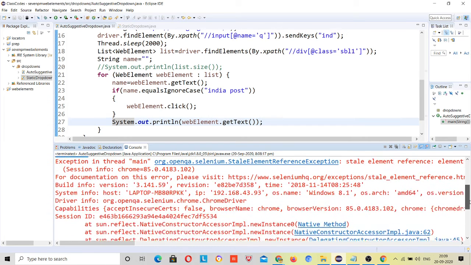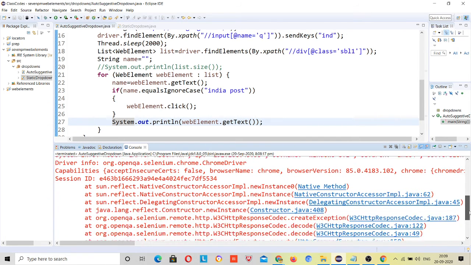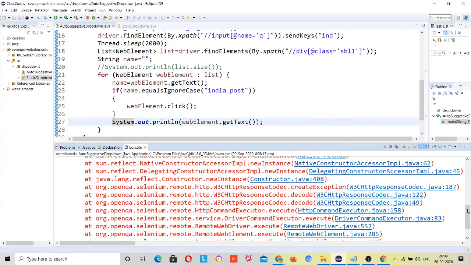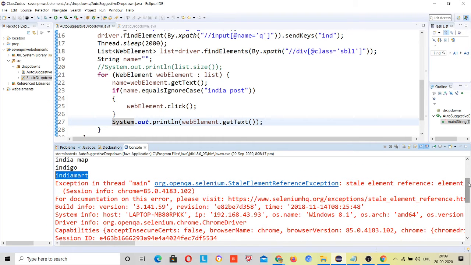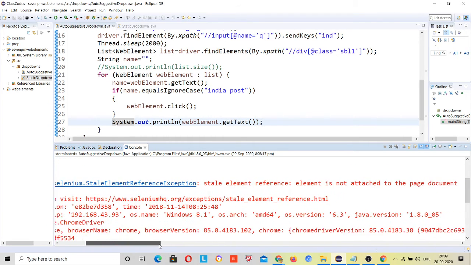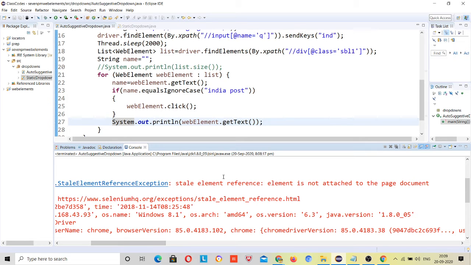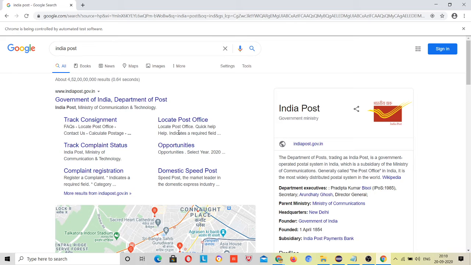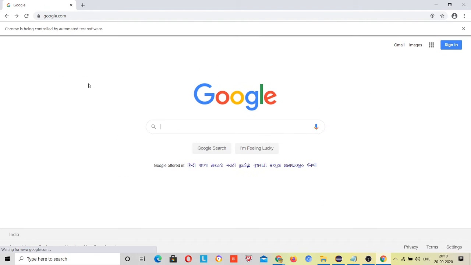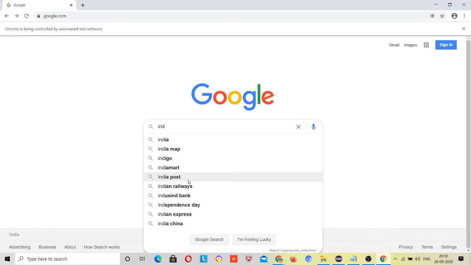It was trying to print all those because you have those values present in your locator value. The locator was correct when getting all the values, but the same locator was not able to get all values. Why? Because we changed our page. Once we clicked on India Post, I am not able to get these values by the same locator value.